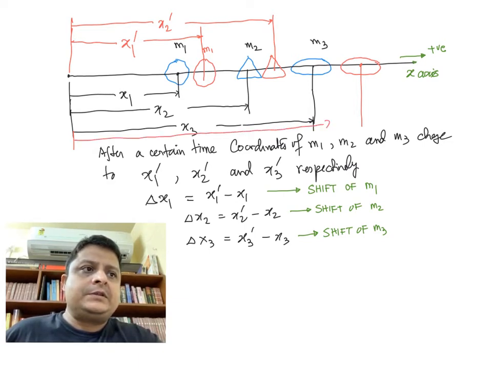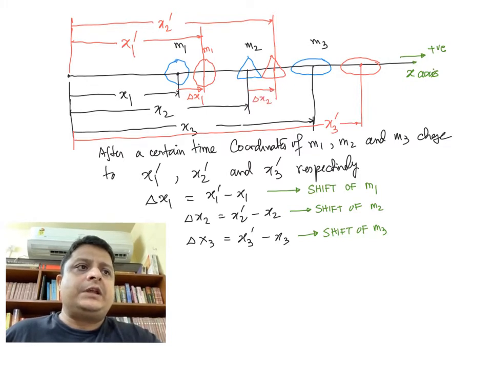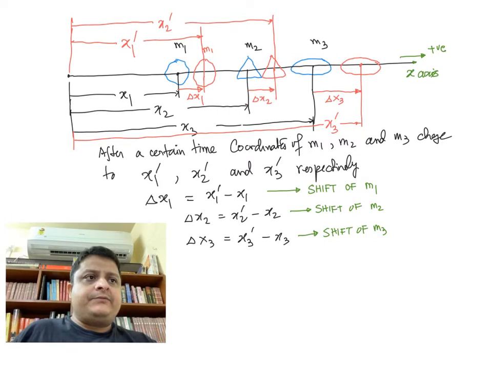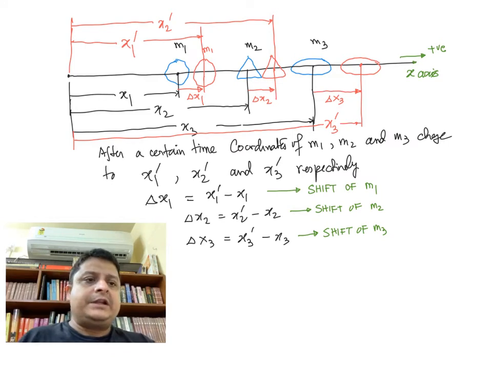So the shift of m1 is this delta x1, and the shift of m2 is delta x2 to the right. By convention we take the shift towards the right. It may come out to be negative. So if delta x is negative, that means the body shifts towards the left, along the negative direction of